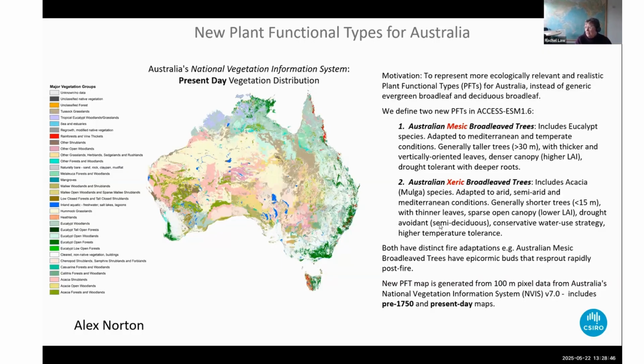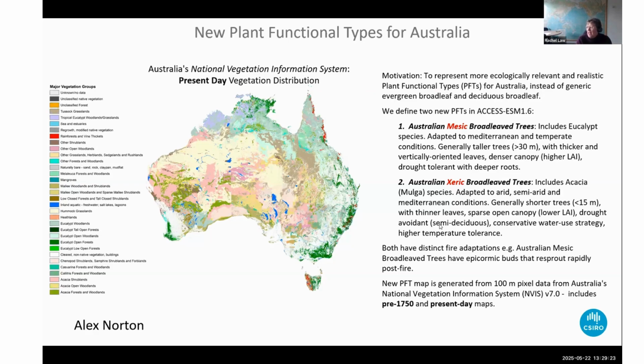So we're going with 2 new PFTs in ESM 1.6. I've highlighted in red Mesic and Xeric. I guess a bit of technical names from that community, but the best way to differentiate what these are. So the Mesic is pretty much the eucalypt species, and Alex has put a few details there. Adapted to Mediterranean temperate conditions. They're generally the taller trees, more than 30 metres, thicker and vertically oriented leaves, a denser canopy, and drought tolerant